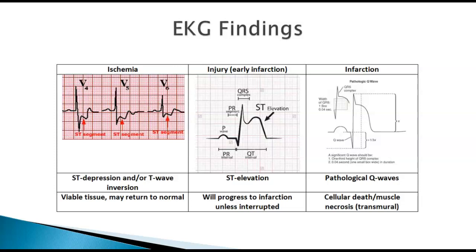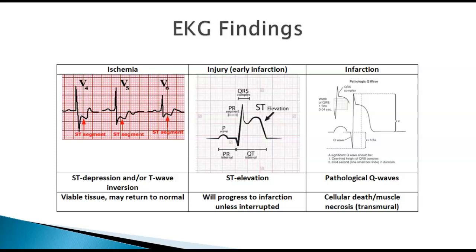So elevation, ST elevation. When we see the ST elevation, we're trying to prevent any cells from dying. The far right side is called infarction, also known as a Q wave. If somebody has a Q wave, which is labeled in there, it's kind of small, that means they've either had a previous MI, and that's the dead tissue that the electrical activity had to go around, or it's already died in this particular MI. So we're looking, does it have a Q wave or does it not? Not all MIs have Q waves, and that's a good thing. Q waves mean dead tissue.